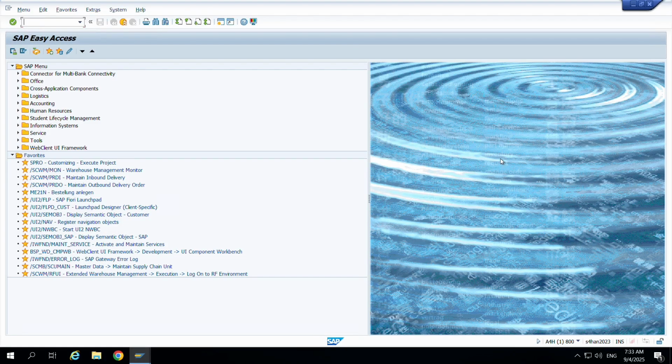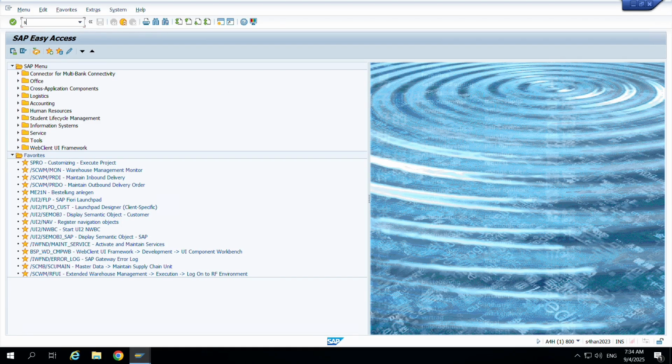So the main purposes of creating a maintenance view are data maintenance, multiple table handling, security and consistency, and transport friendliness. Maintenance views are created for user maintenance, where the user can update, whereas a database view is used for read only. So how to create a maintenance view, let's discuss.